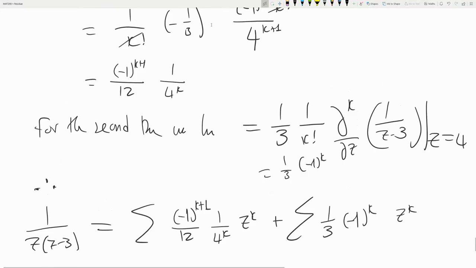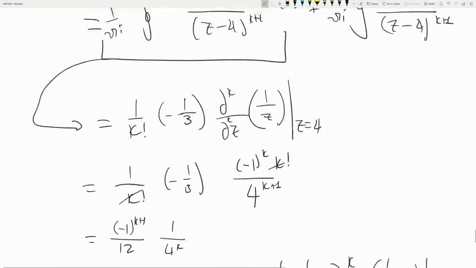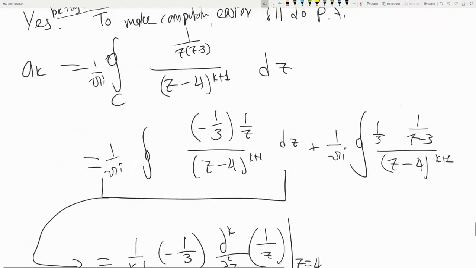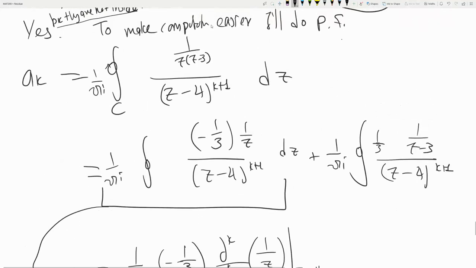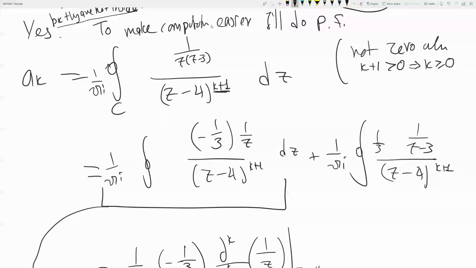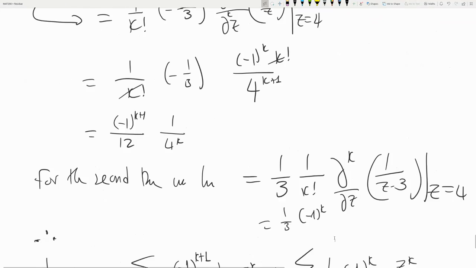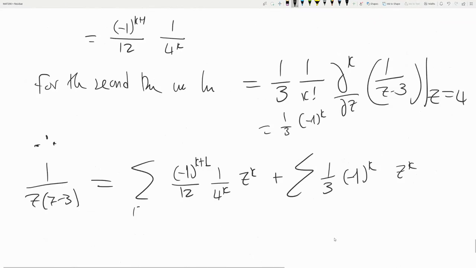So we sum for k positive. I should have said that here. So this is not zero when k plus 1 is strictly positive, i.e. k is non-negative. Okay,